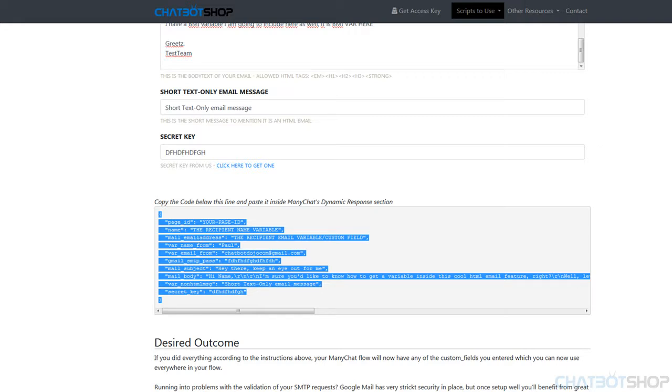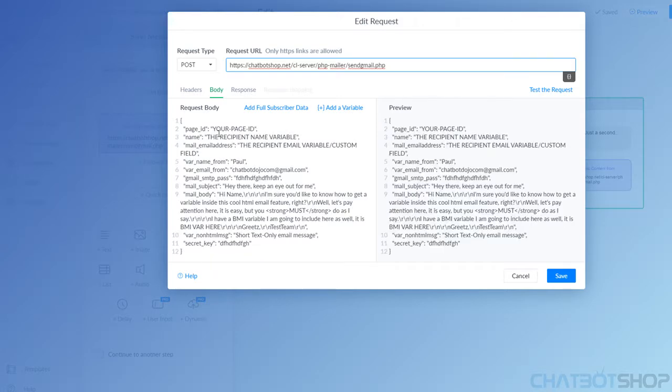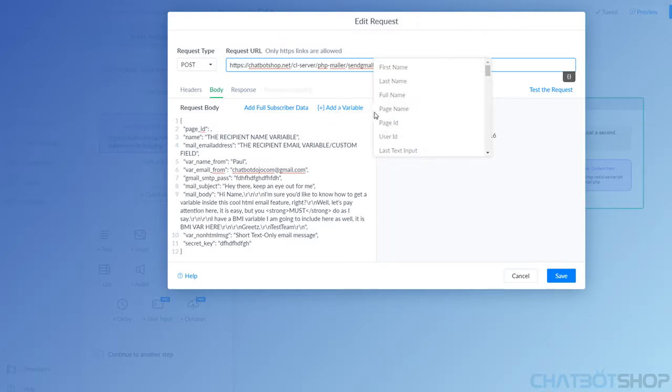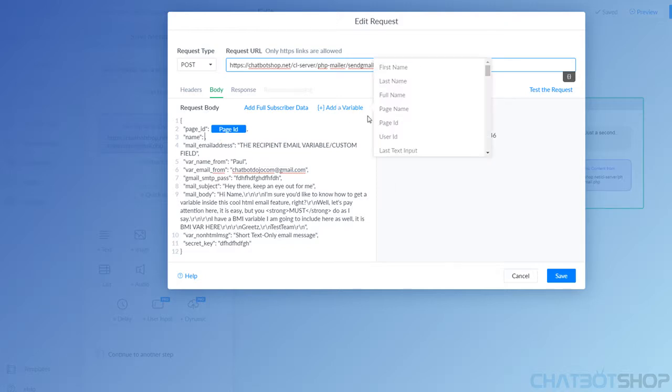Then we're going back to the ManyChat section, and right here in the request body you can just copy, Control or Command V, and then all this data is right here. You're going to replace this one, your page ID. You can select it here, page ID, the recipient name. Let's suppose it's the person who is using your flow, so it's first name,